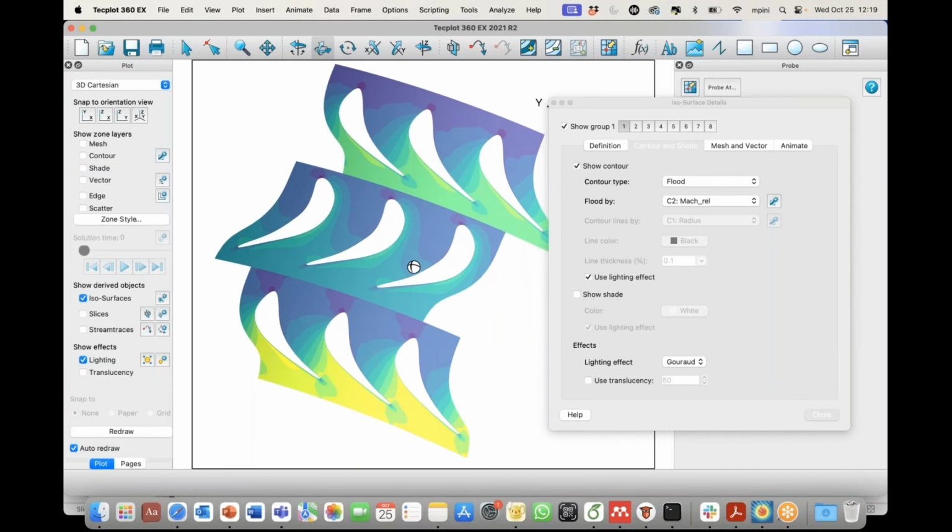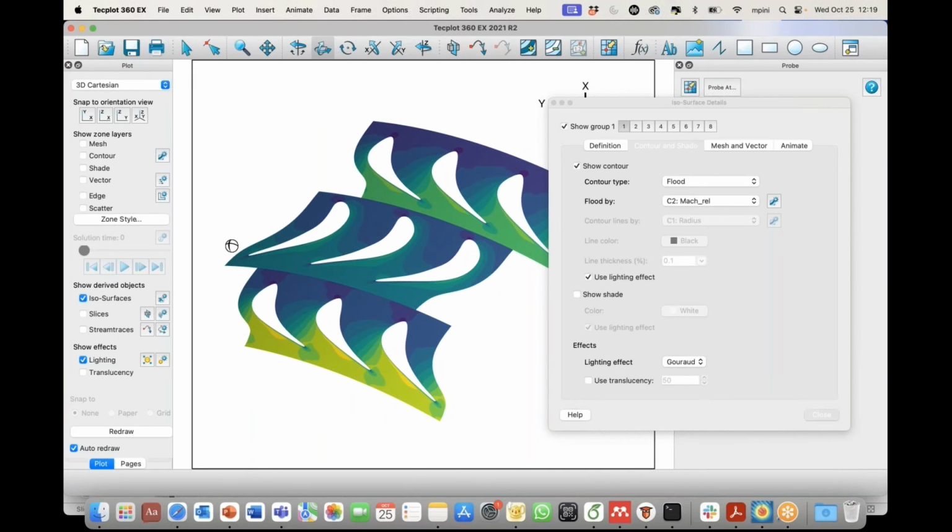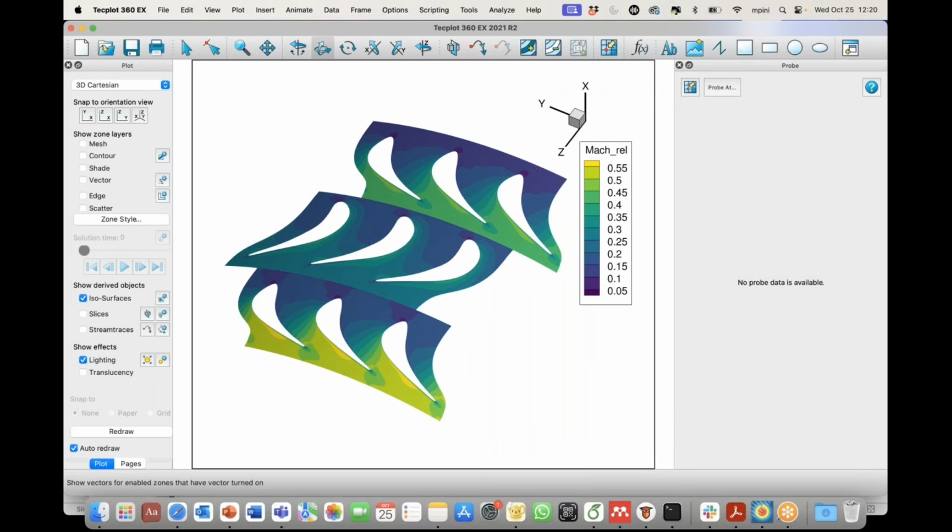But of course, it's not really practical to have it on a cylindrical surface. And also here, this way, we cannot extract quantities as, for instance, the blade loading. This is why we have to go another way, and we have to do a little bit of a trick. And we just change